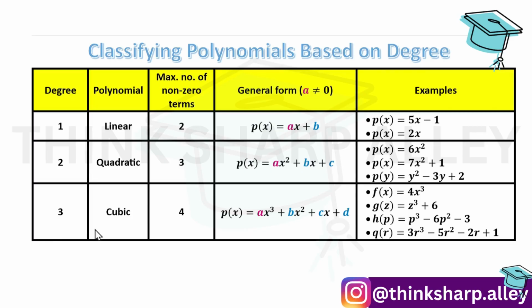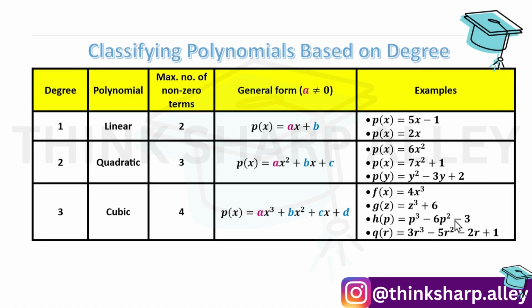When a polynomial has degree 3, it is called a cubic polynomial, which can have maximum 4 terms, whose general form is this. And you can count the four terms: ax cubed, first term; second term is bx squared; third term is cx; and fourth term is d. Here b, c, d can take any real value, but a is always non-zero. Again, I'm repeating the same thing. So I've given 4 such examples. First is cubic monomial, then we have cubic binomial, cubic trinomial, and cubic multinomial, we can say this.